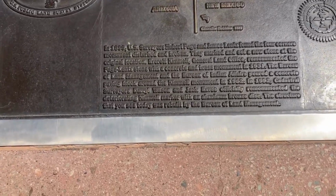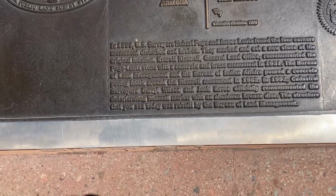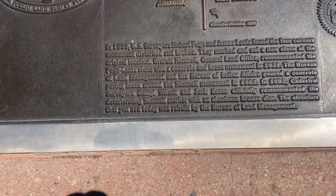In 1899, U.S. surveyors marked, it's really hard to read, marked Hubert Page and James Lemons found the Four Corners